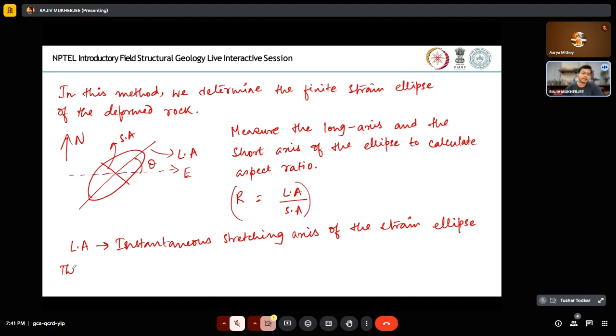So the angle between the geographic coordinate and the ISA max, this is ISA max,